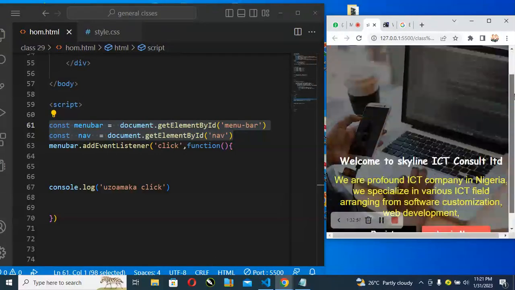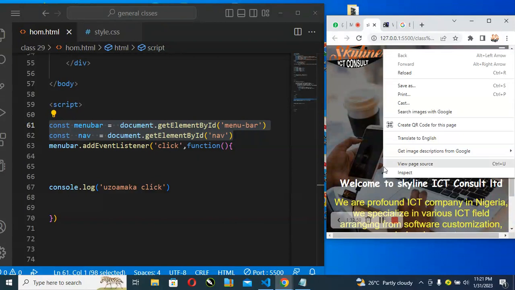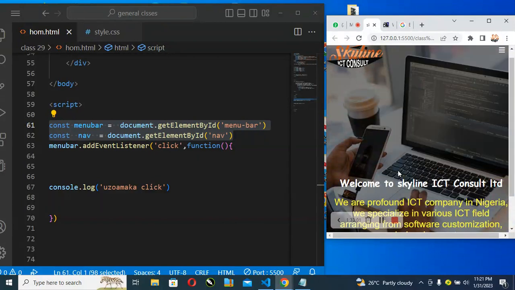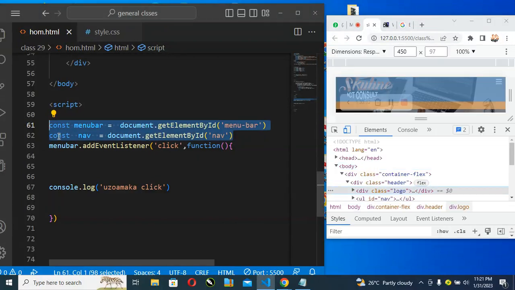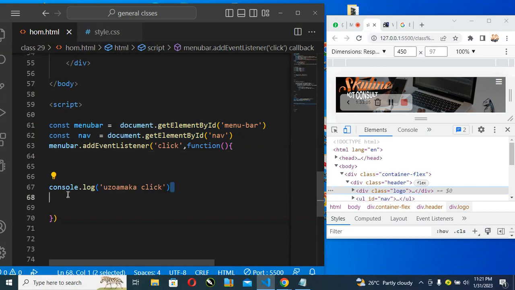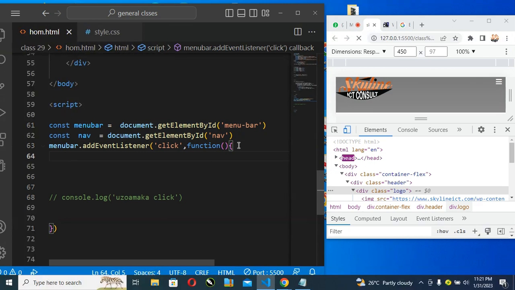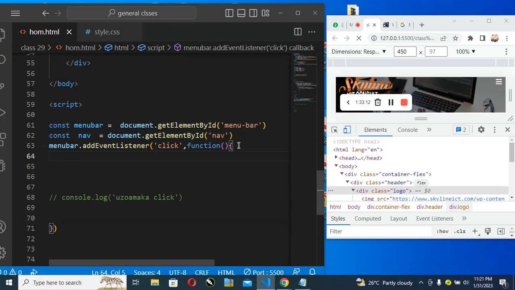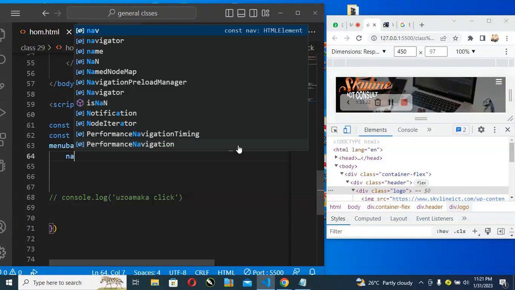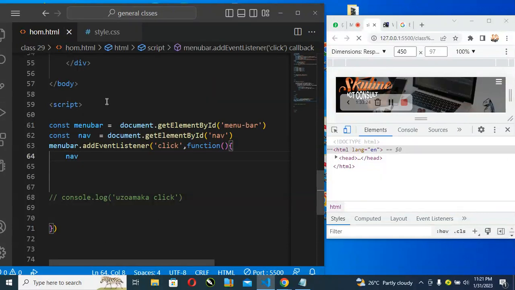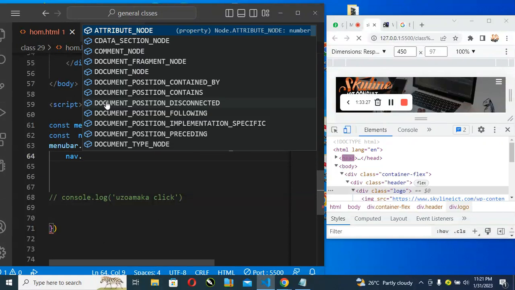Now, when somebody clicks on this, I want it to show the nav what? The nav menu. Remember, we already have the nav menu here. So let me comment on this. We don't need this Amaka something. Let's comment on this. What I need to do is very simple. If somebody clicks on here, we'll say nav dot,